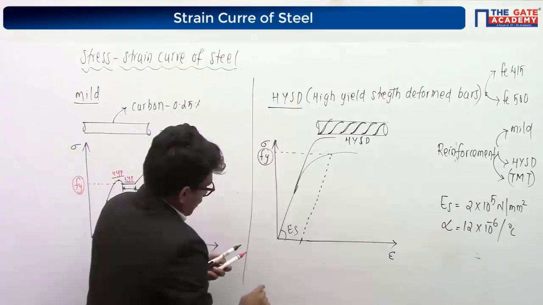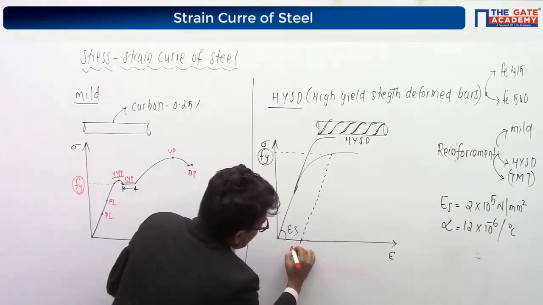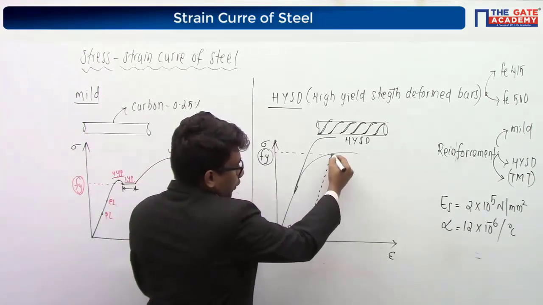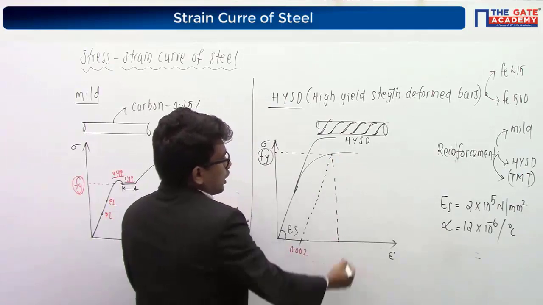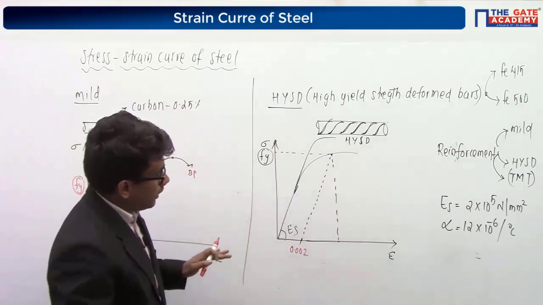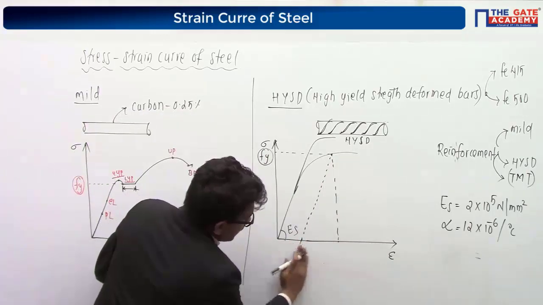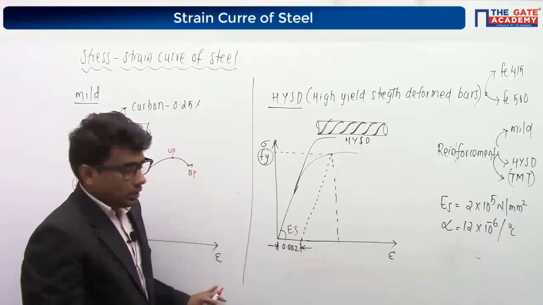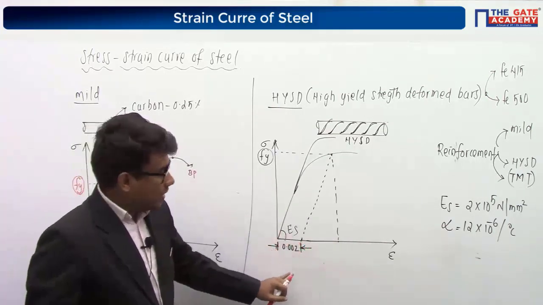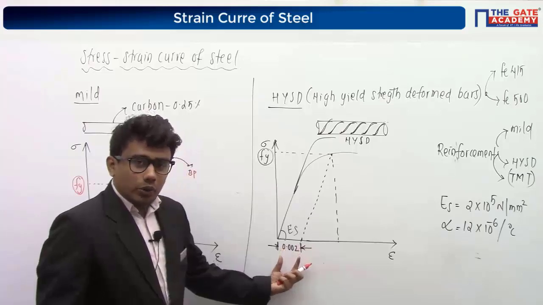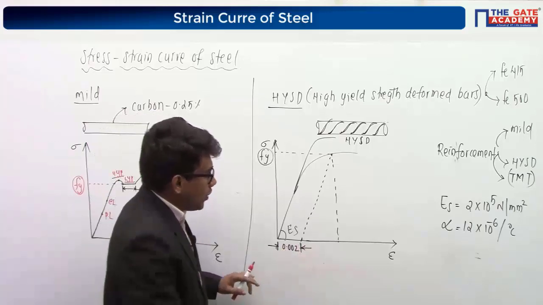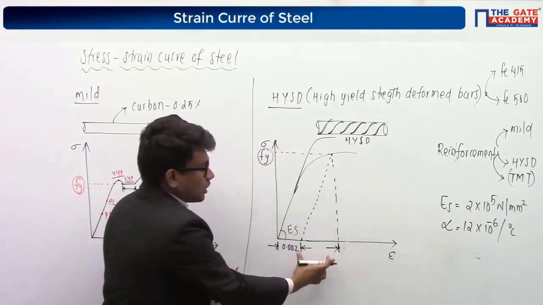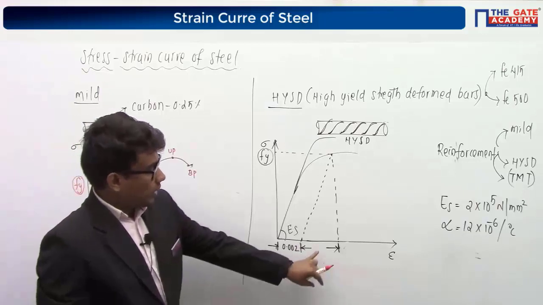We can move further. We know the strain value here, that is 0.002. If you want, we can find the strain value corresponding to this point. What is the strain value at this point corresponding to the yield value? If this is 0.002, then from here to here it will be 0.002, since on the x-axis we have the strain value, measured from the origin. Can you find what this portion will be? What is the strain value here?